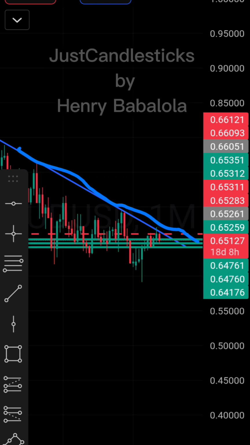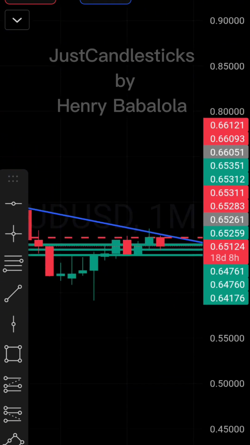Many are familiar with market structure, but the candlestick structure, many don't know. And that is where the caveat is, that is where the secret is. Now, look at it here. With the candlestick structure, we're able to know